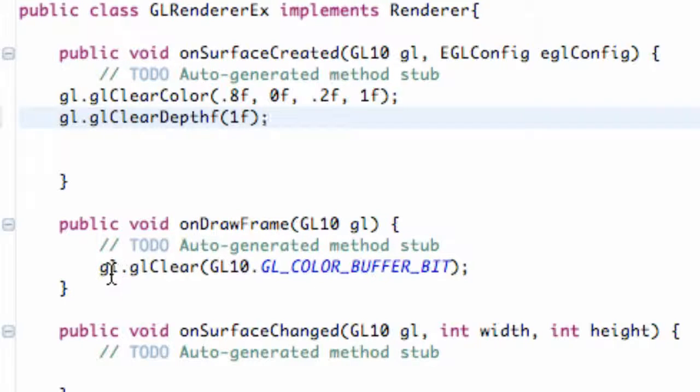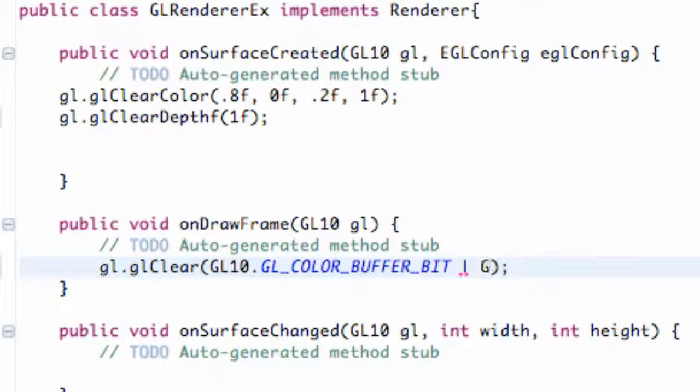But right here in our onDraw method, we're calling the clear command with no reference to any sort of depth buffer. There are different types of buffers, so we need to add that within this clear command. We do that with a straight line symbol, which is shift and the button above your enter key. Just throw one of those in there,